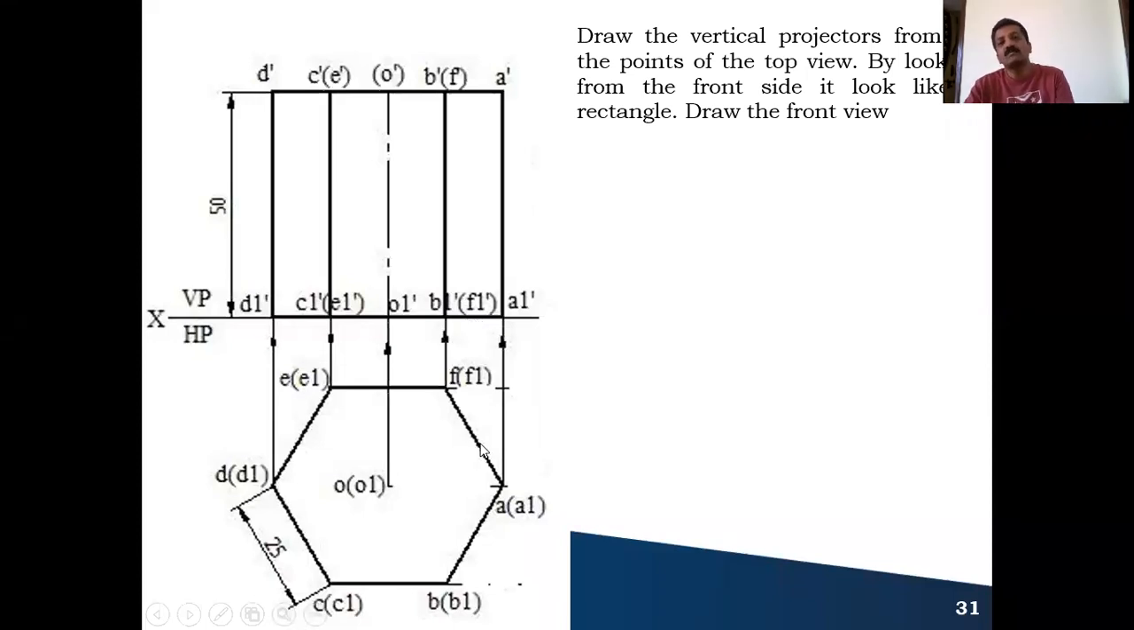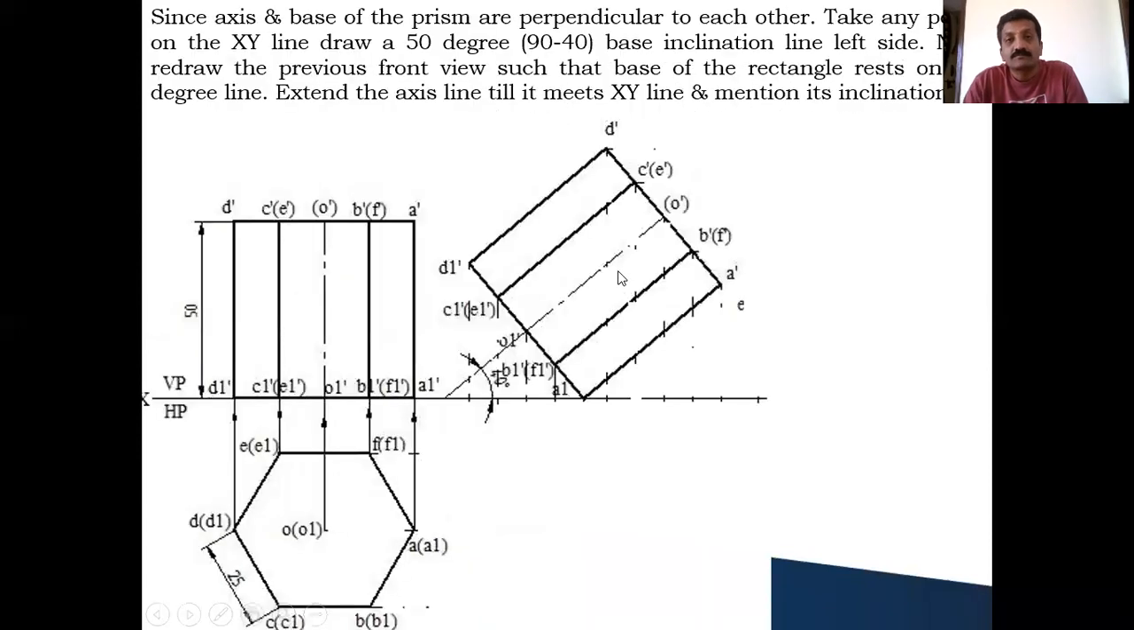So this is how you have to complete the initial position, a true shape diagram, front view as well as the top view. Axis line you can extend from here to here, and you have to represent it as the axis line representation. Okay, so after this, coming to the second position,